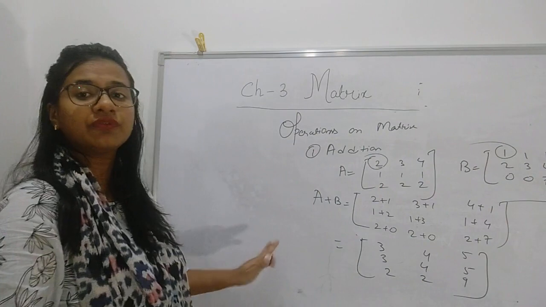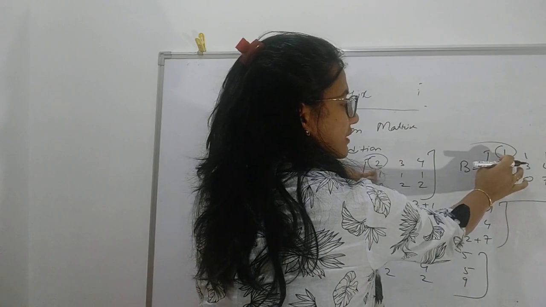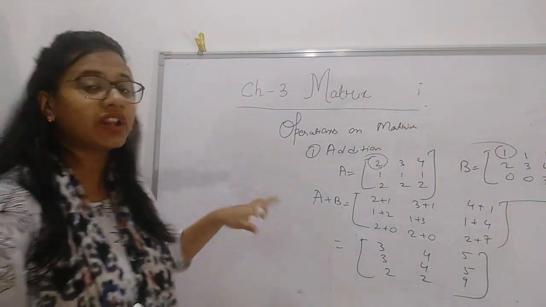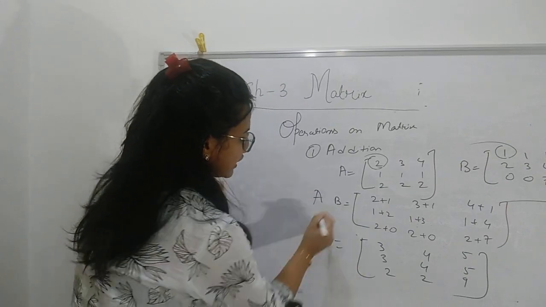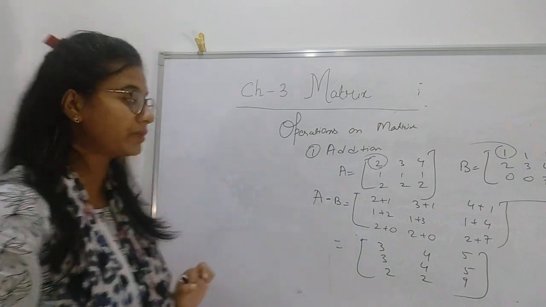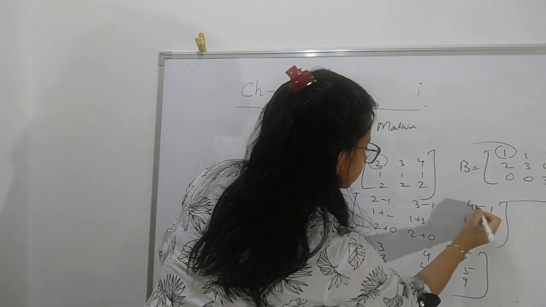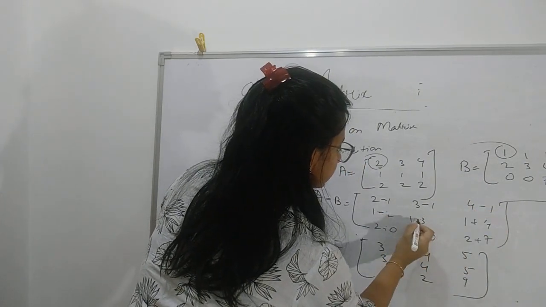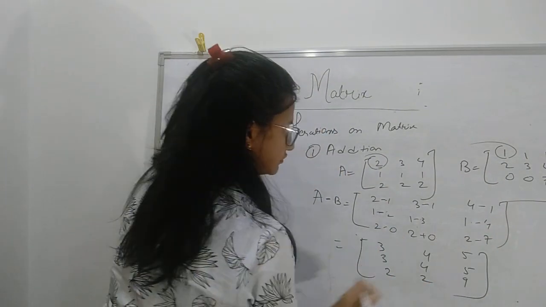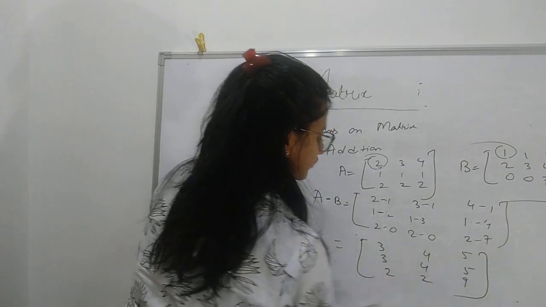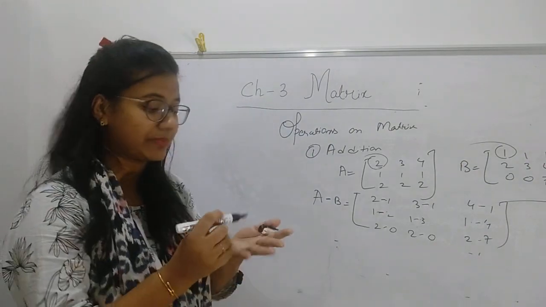So this is the addition of matrix. Only the element corresponding to first element will be added to the first element of the second matrix. So this is all about the matrix addition. Similarly, for this example also you can take subtraction or difference of the two matrices. Just you put minus here. Answer will change. So this is all about matrix operation.